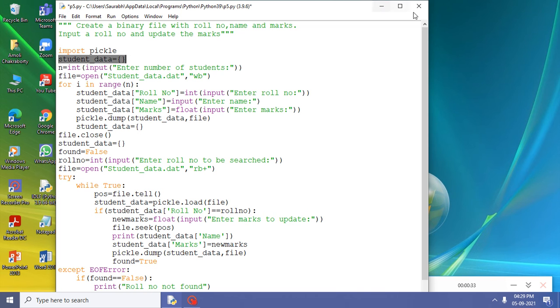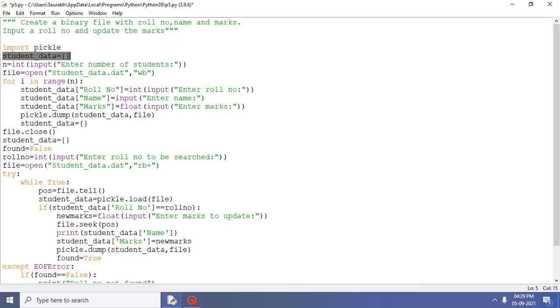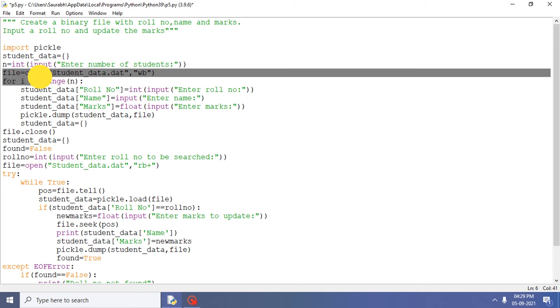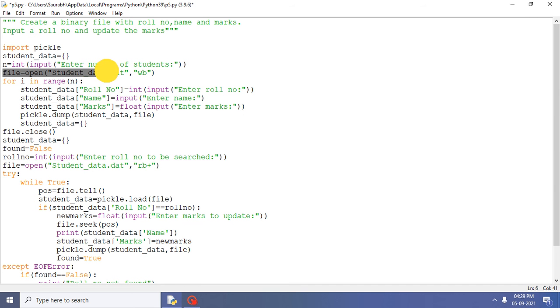Next, we have to enter the number of students. Since the number of students is of integer type, I have taken a variable n and written this statement: int(input("Enter number of students")). Now I am going to open a binary file. file = open("student_data.dat"